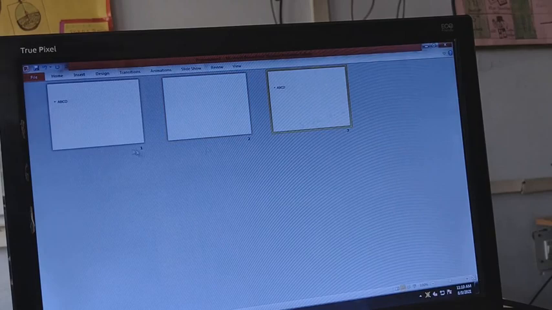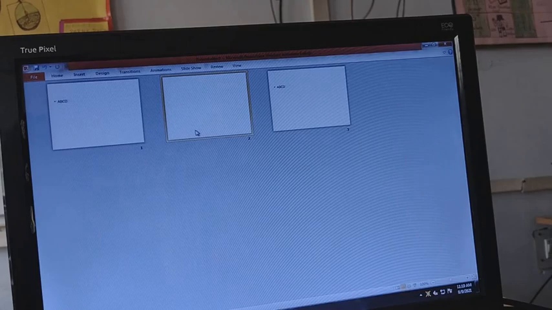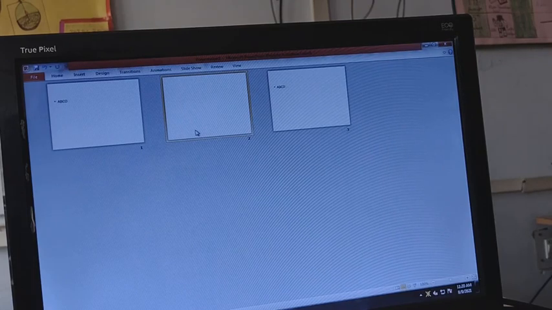Or what you can do, you can just drag your slides. Like here I am dragging this one to the third position. See, it is dragged to third. If you want to drag this one in between, you can drag it here and it will come in between. So wherever you want your slide, just drag it there. No need to do the copy and paste. This view provides you a better way to move your slide anywhere.